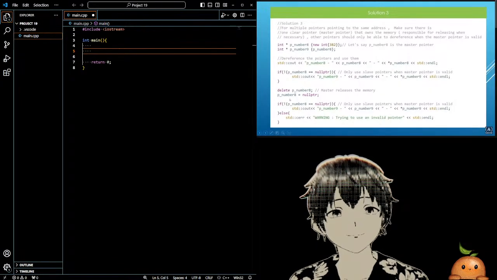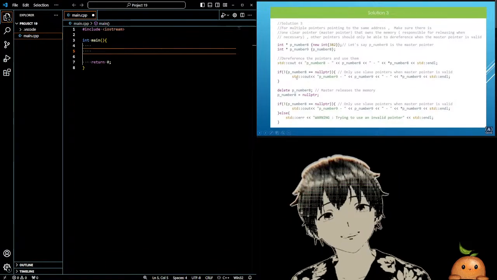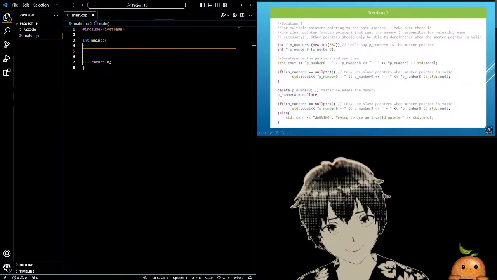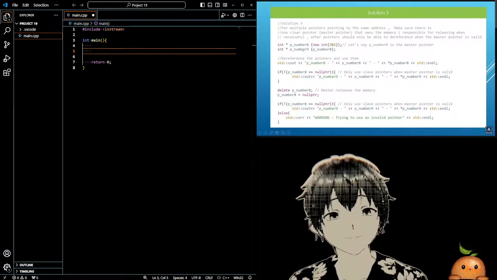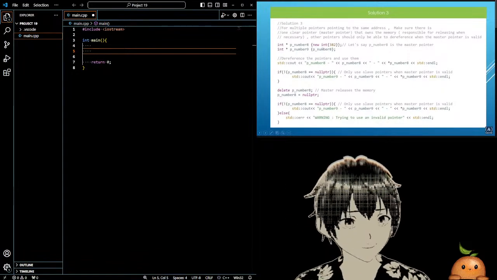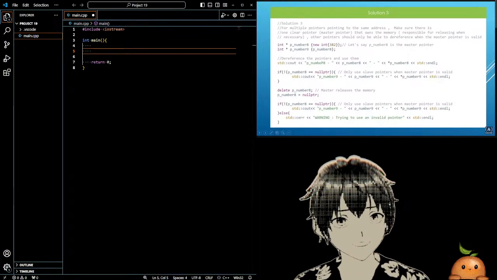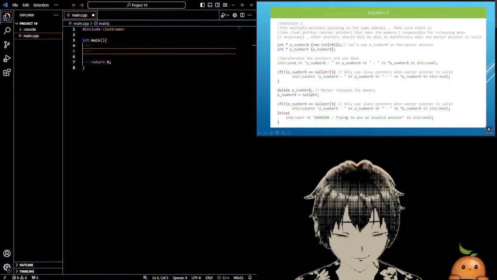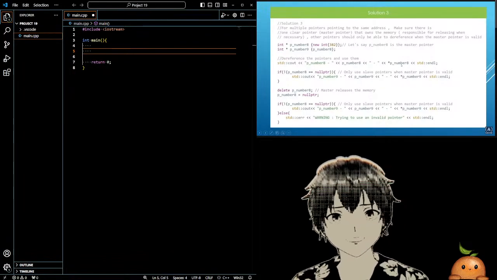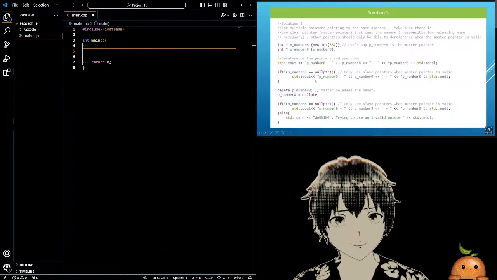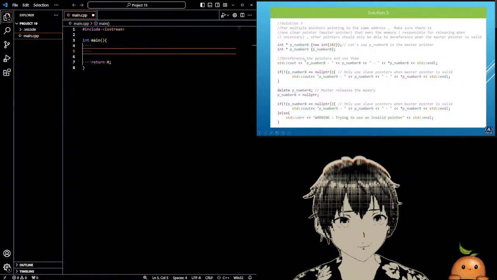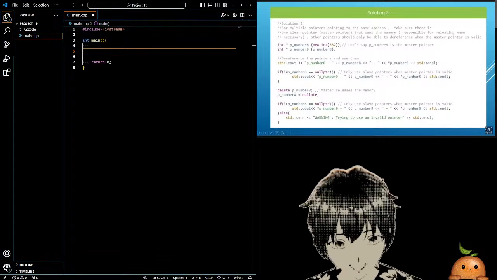Let's go through this and see how this could work in practice. The master pointer deletes all of the memory. P number 5 is our master pointer. We are setting p number 5 and initializing it with p number 8. We are putting things using p number 8. We can either use p number 8 or p number 9. This is going to work. But before we use the memory location, we're going to check against the master pointer. If the master pointer contains nullptr,